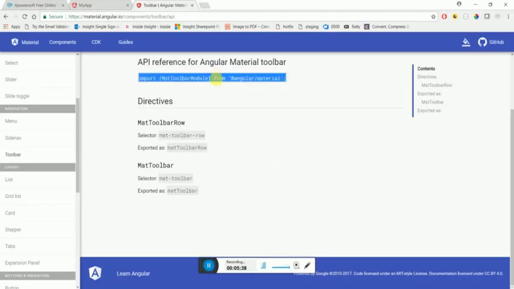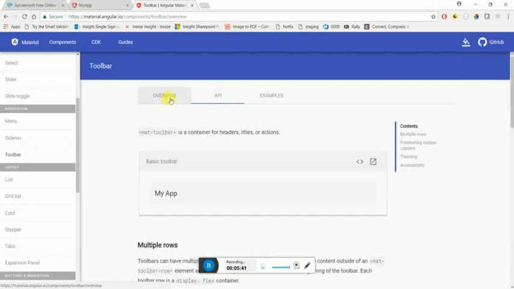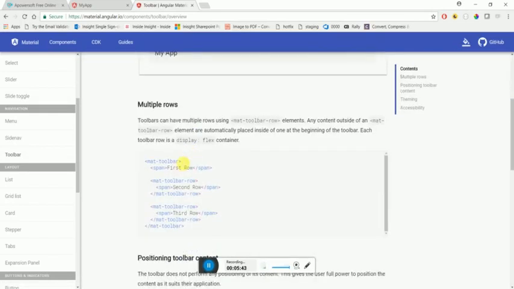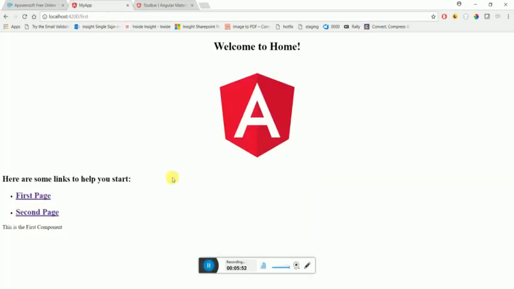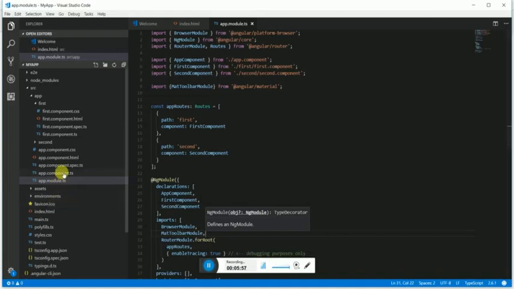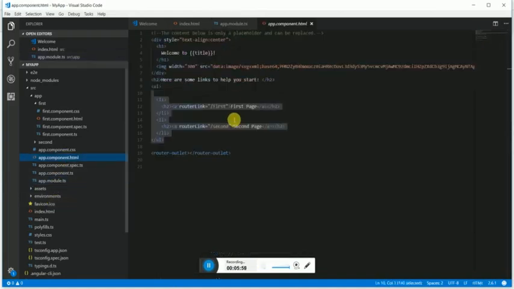So next thing there, we can go again back to the overview and see how to use it. By simply doing this mat toolbar, we will be able to simply use it. So right now you see that there is nothing going on here. And then if I go to my app component and then